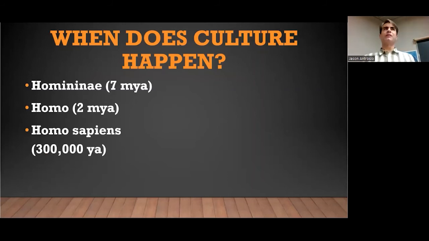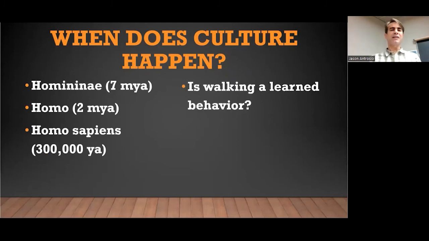Now here I've put up the 3 places at which anthropologists have kind of roughly drawn some lines around when we want to include as human beings. The bipedal creatures, Homo, the genus Homo 2 million years ago, or Homo sapiens. So the people who want to consider culture to be way back about 7 million years ago might talk about